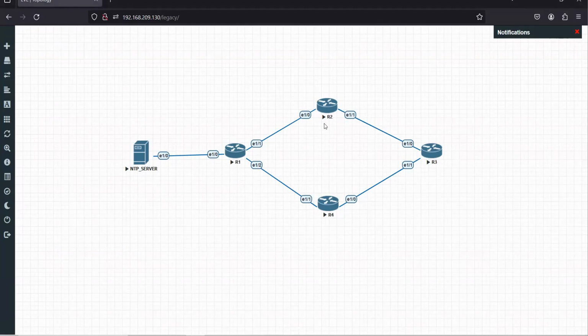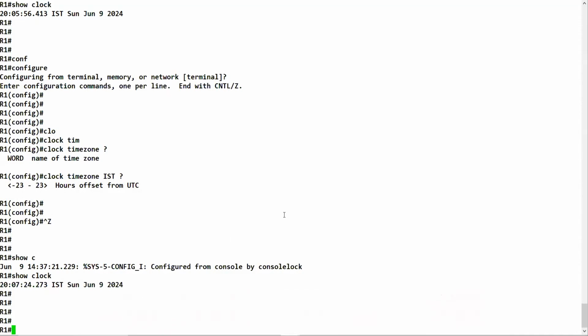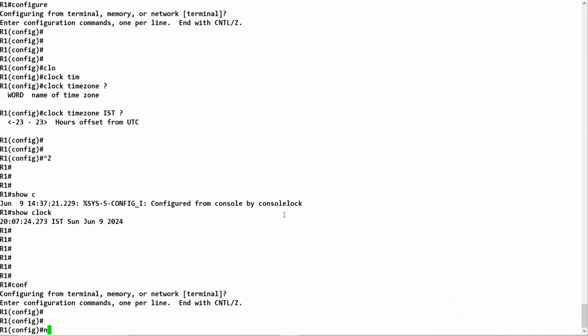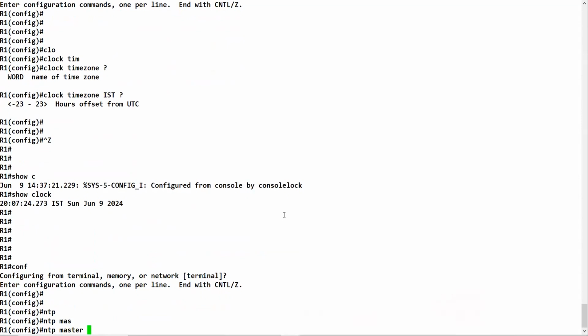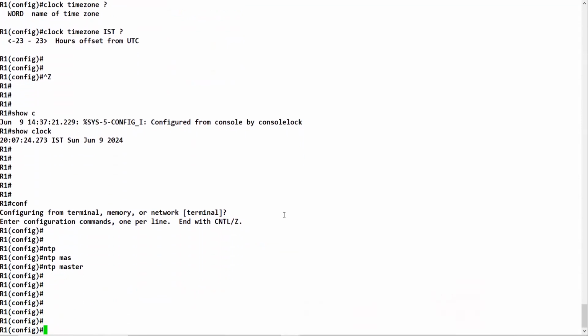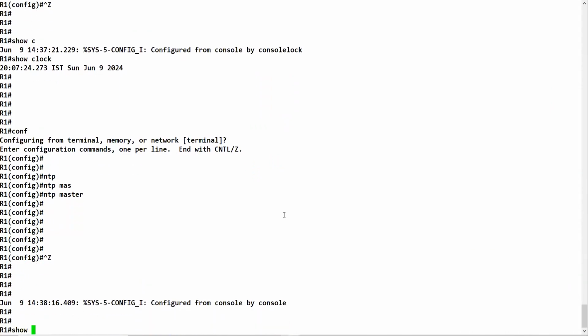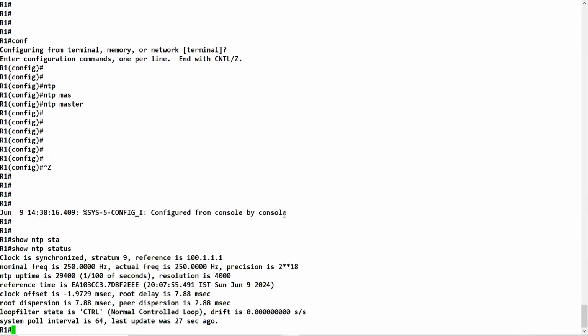Now we'll see that for R2 and R4, R1 will act as an NTP server as well. So if I go to R1, I will say NTP master. I will press enter. If I say show NTP status,